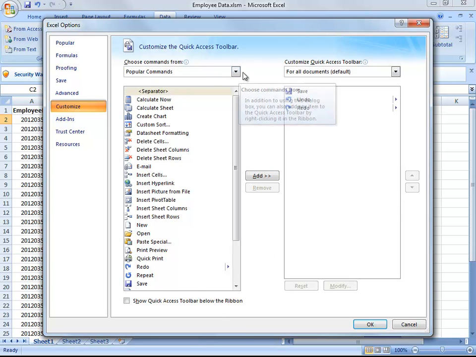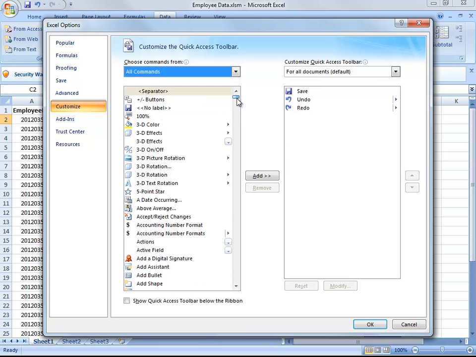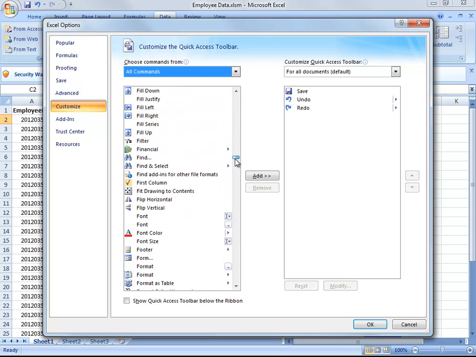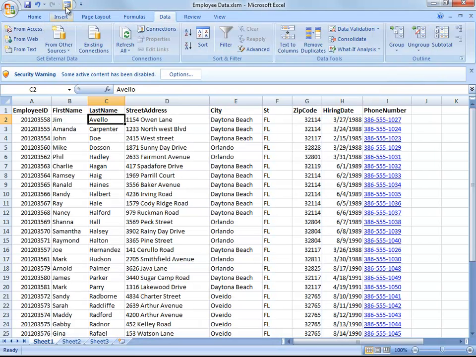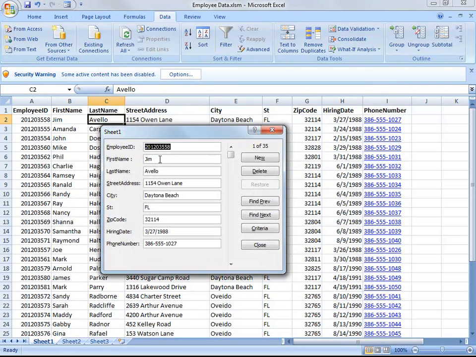And in the popular commands, I will select all commands. I will scroll all the way down to forms and click on form, add, OK, and I have the form icon in the quick access ribbon. Since I'm selecting this cell, I can just click on the form and I will get the form